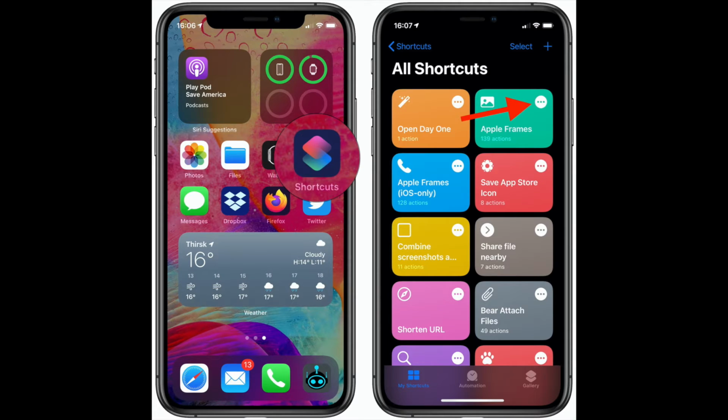Before we begin, it should be noted that changing the icons on your iPhone is a little bit of a hack. You don't need to jailbreak your device or install any weird software. It all revolves around Apple's Shortcuts app. This should be on your iPhone already, but if not, you can download it for free on the App Store.